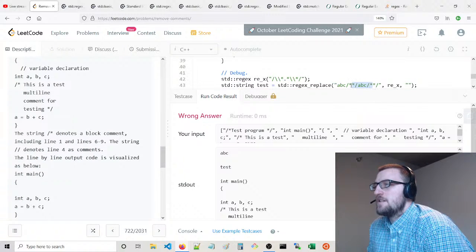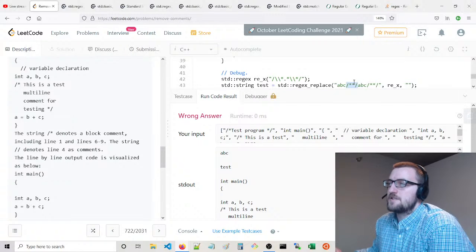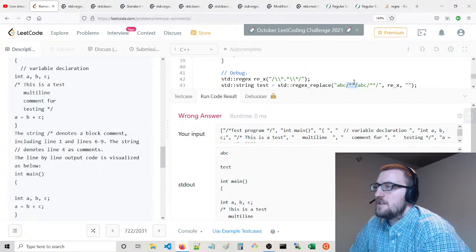Okay. That's one thing, it really should only match one at a time. And that's really weird. It should be greedy. It should only match the first time that this occurs.